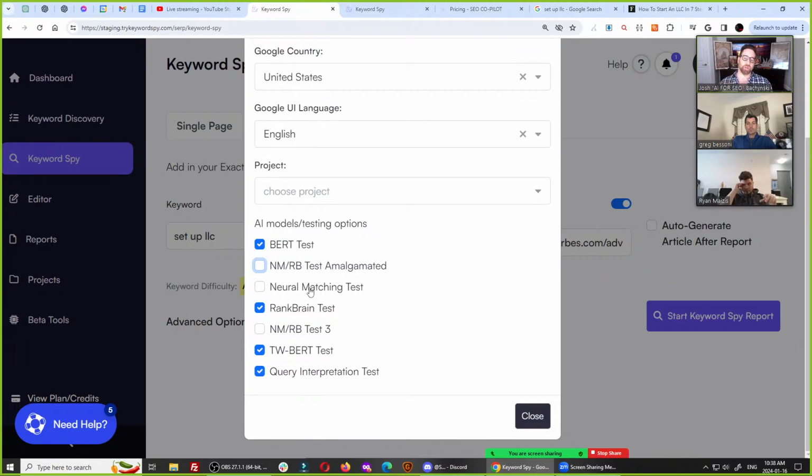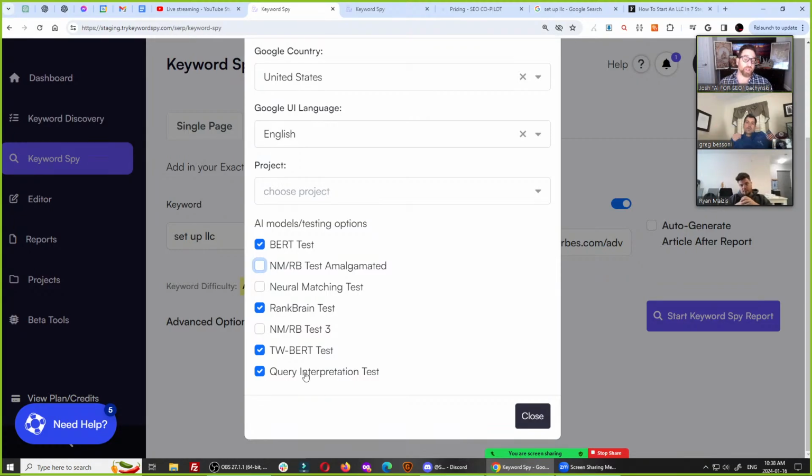Neural matching is similar as well in that it ranks for metonyms. Rank brain is similar in that it matches for concepts or ideas. So does BERT rank for concepts or ideas, and it matches pages. And then finally, we also have something that nobody else has. Nobody has TW-BERT. Nobody has any of this, quite frankly. But nobody else has TW-BERT. Super proud of that test. It does very well. And we can crank out that model very quickly for you with our super beefy servers.